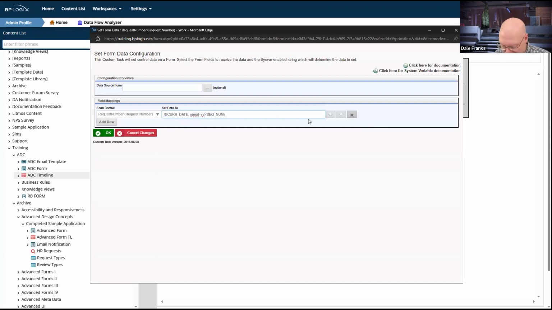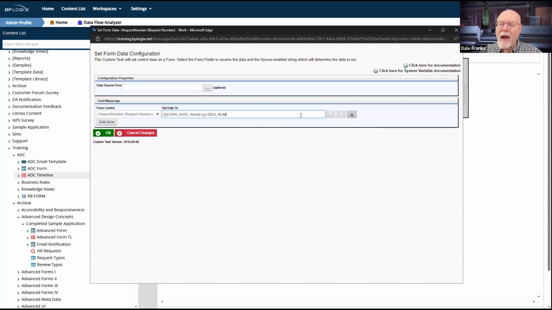I don't need to have format capitalized. Doesn't matter, but I don't need it. Dash. So this will give me my R24 dash, and now I need to format my sequence number. So I am going to use sequence number, but I do need to use a sequence number group so that I can start a new sequence number with a new sequence number group.